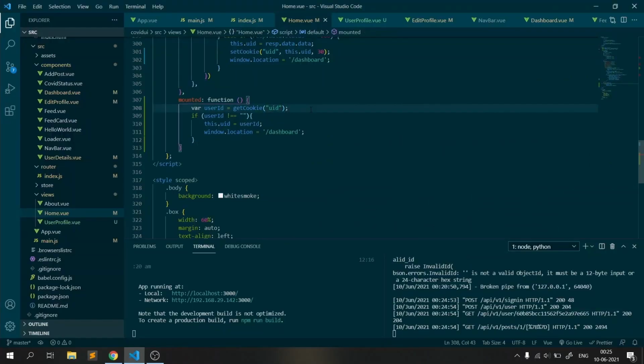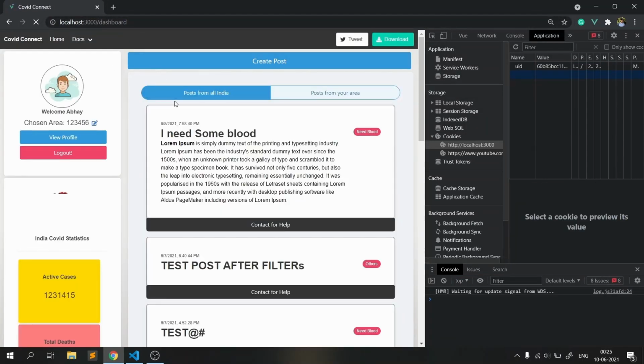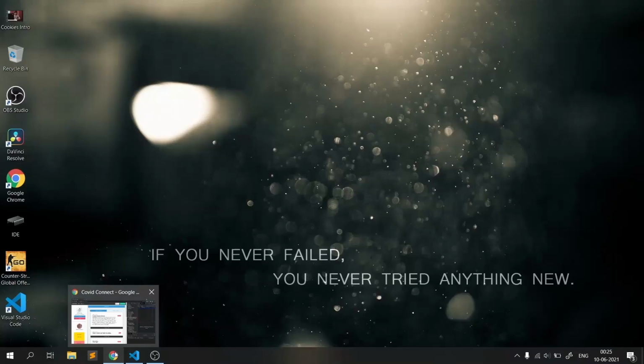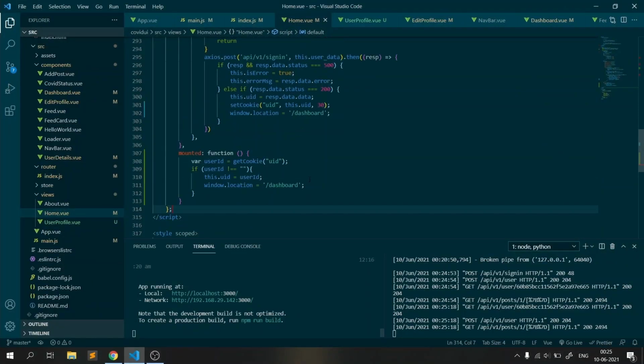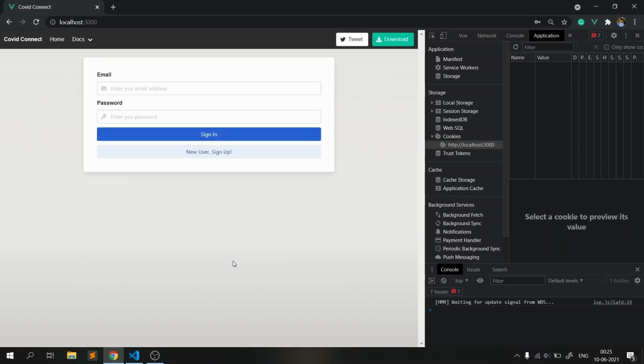So I'm trying to get that cookie, and if that cookie is not null or not empty, then I am redirecting my page to /dashboard. As you have seen, whenever I have this cookie, and if I click on this link, I am redirected back to the dashboard because there is a cookie present in my cookie base. And whenever that cookie is destroyed, it doesn't get redirected to /dashboard, and I am taken to my login sign up page. That's the main page that a user can use for login, and I'm also destroying the cookies if my logout function is called.